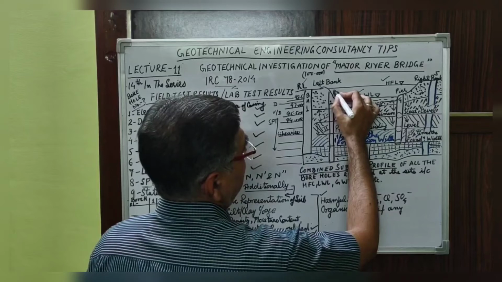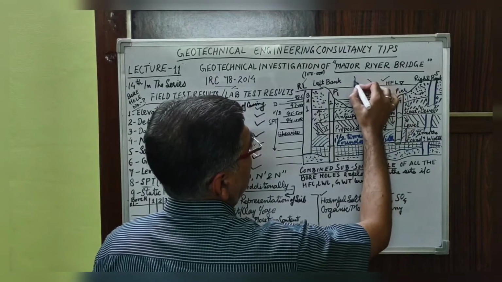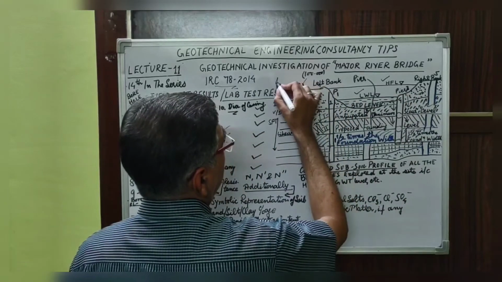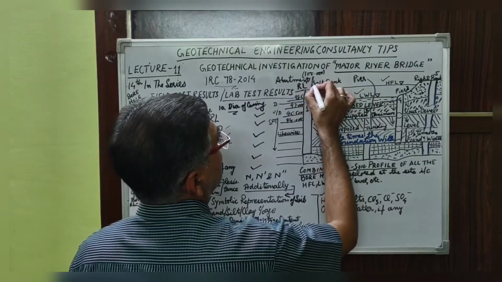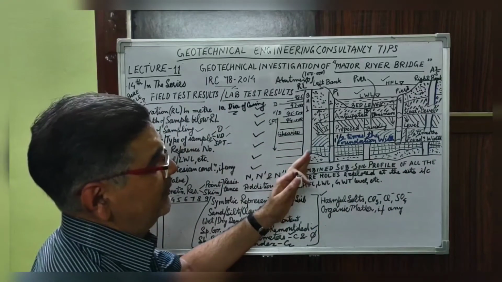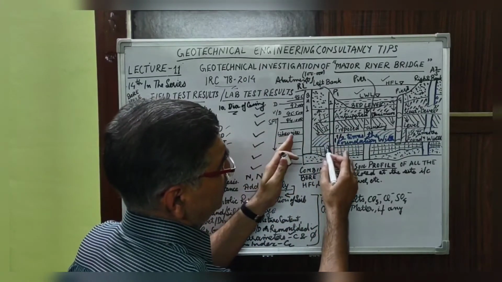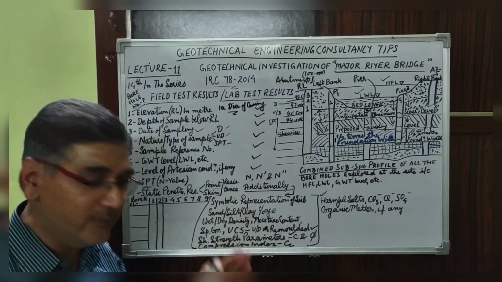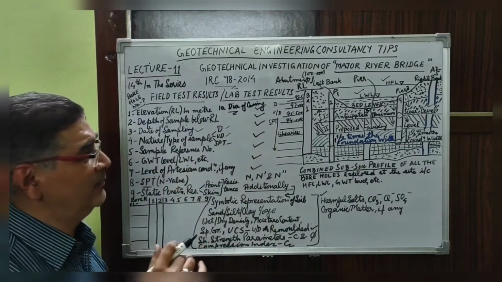Say this is the borehole for Pier 1, this one is for Pier 2, this borehole is for Pier 3, this is for abutment 1, this is for abutment 2. So what you can say is that this is a bridge comprising 4 spans which includes 3 piers and 2 abutments. So in a combined profile, everything is made crystal clear of the bridge situation.